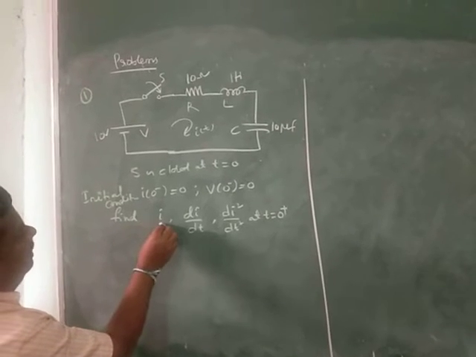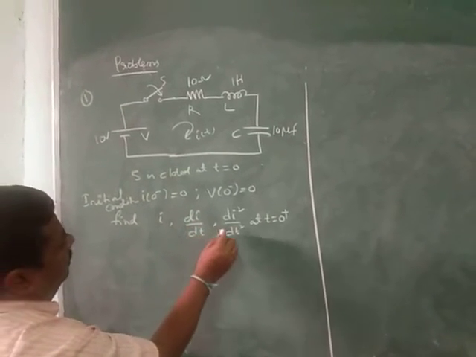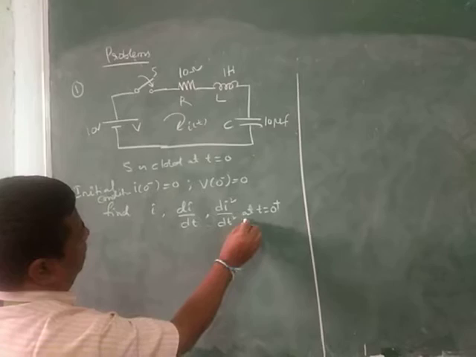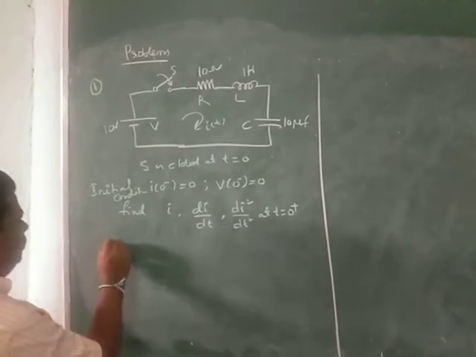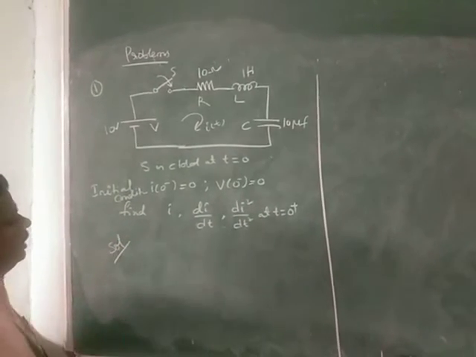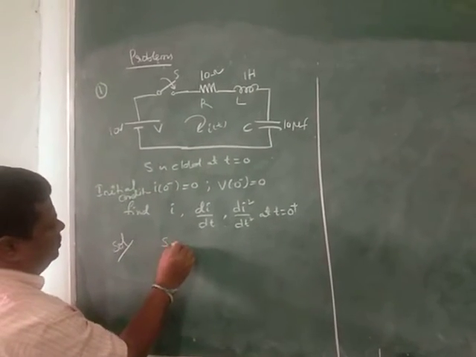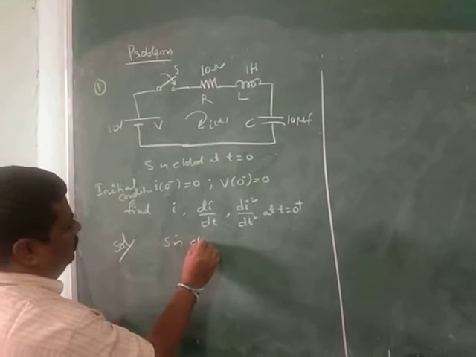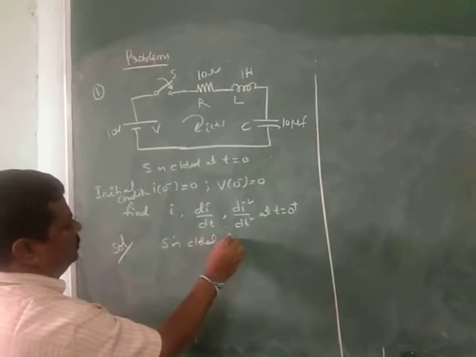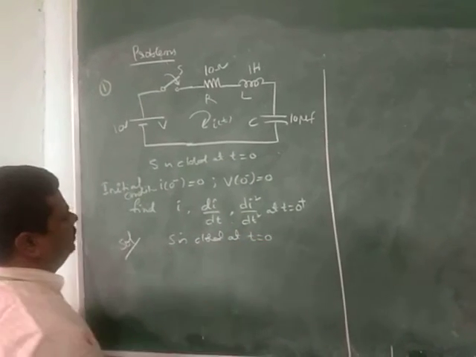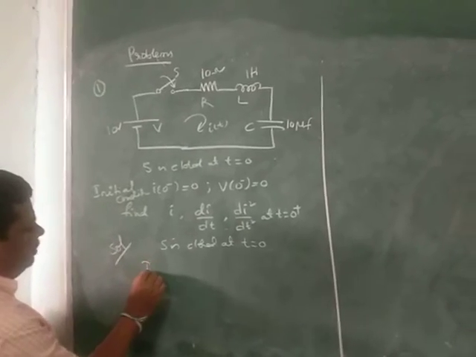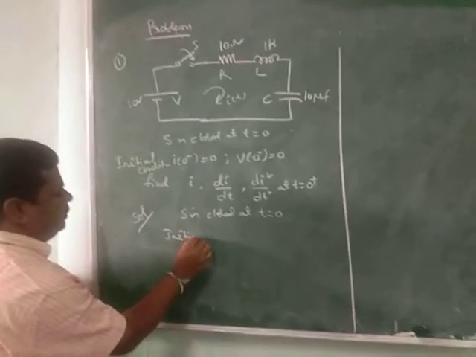The problem is to find the current di/dt and d²i/dt² at t equal to 0 plus. That is the problem. Coming to the solution, S is closed at t equal to 0. And coming to the initial conditions,